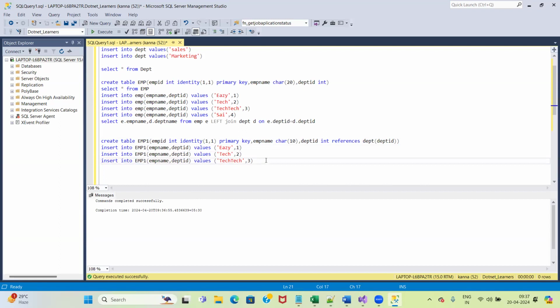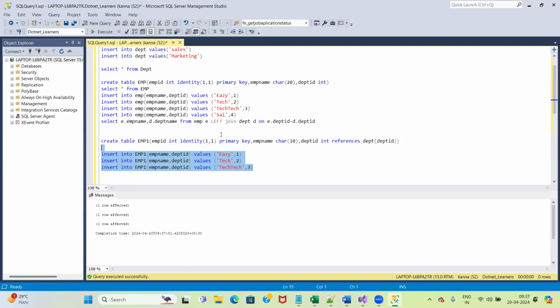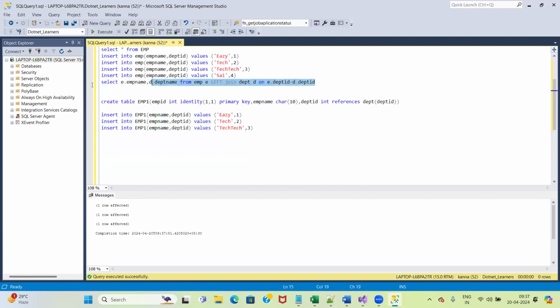Okay, I'm changing the table name. Now select it, run it. Okay, this table is already created. You need to run this table. Fine, three rows have been taken. Now the same query, you can run it here also. You can see the data, no issues on that part, but the name of the table is